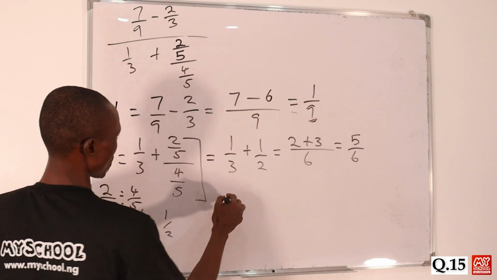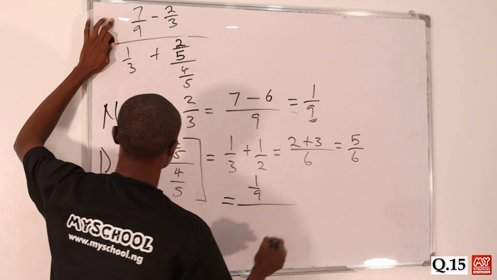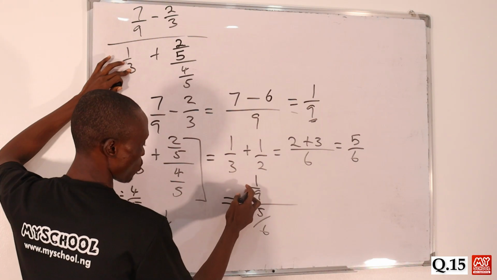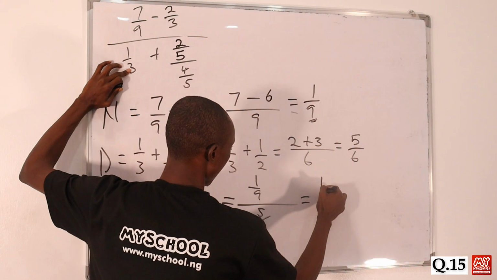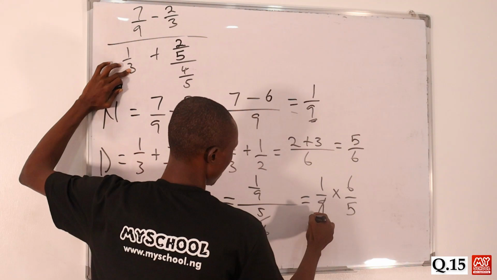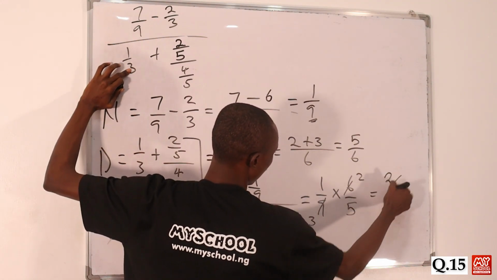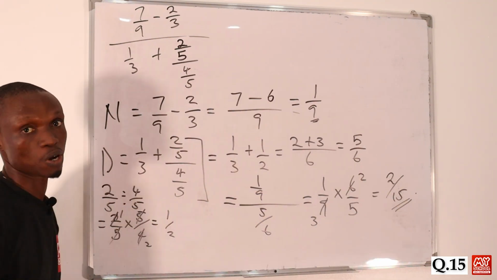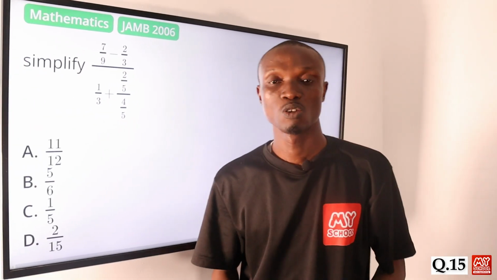So let's combine this together. So if we combine this together, for the numerator, we have 1 over 9, while for the denominator, we have 5 over 6. So this is the same thing as 1 over 9 divided by 5 over 6. And this is also equal to 1 over 9 times 6 over 5. Okay, so 3 here is 3 and 3 here is 2. So at the end of the day, we'll have 2 all over 15 as our final answer. So let's return back to the screen to pick the correct answer to this question, and that is option D,